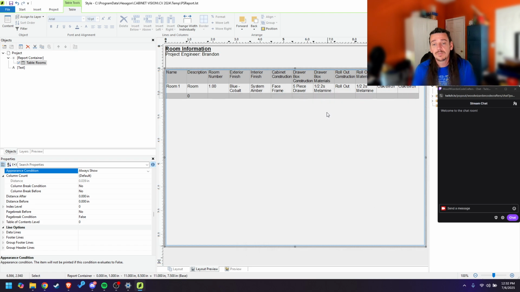Now, this works fine for the most part until you've got a situation like this where there's not enough space to actually read the whole word because the word is longer than the amount of space you've given it, and there's no spaces for it to wrap. So you can either give yourself plenty of space because drawer box construction is a pretty static value and that's not going to change, or